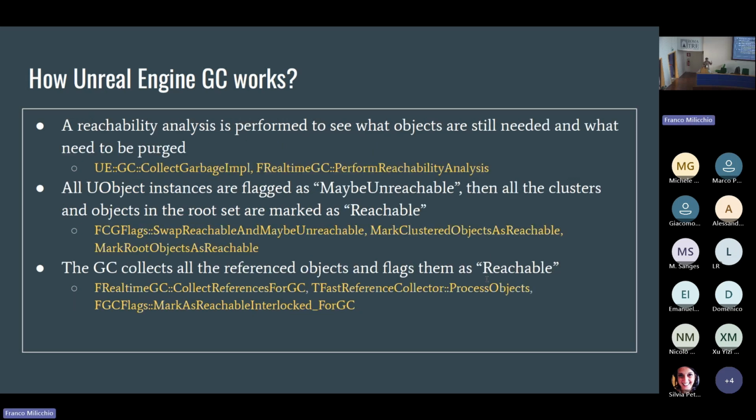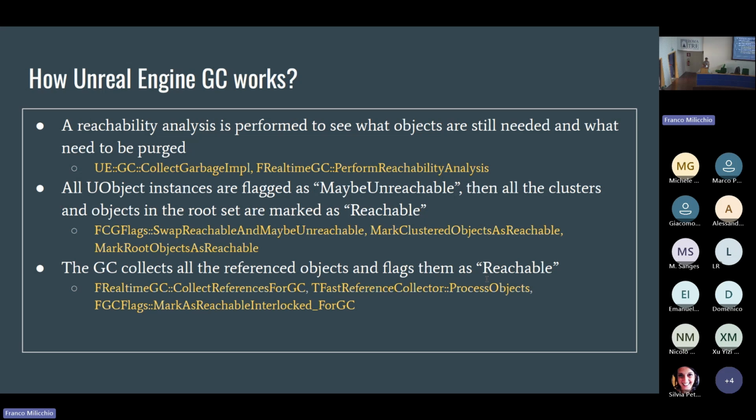So after the lock is acquired, the GC performs a reachability analysis to see what objects are still needed and have to stay in memory, and what instead can be purged. All UObject instances are flagged as maybe unreachable, and then all the clusters and objects in the root set are marked as reachable.